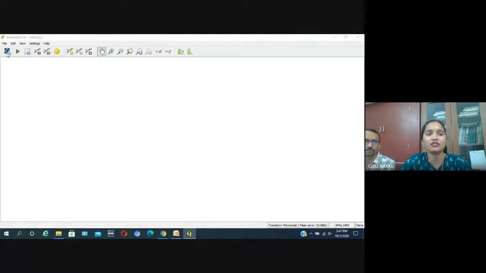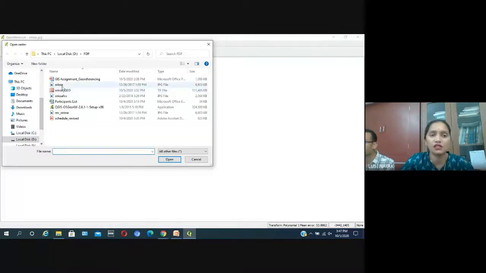Open raster. Then add your map, the Odisha map.